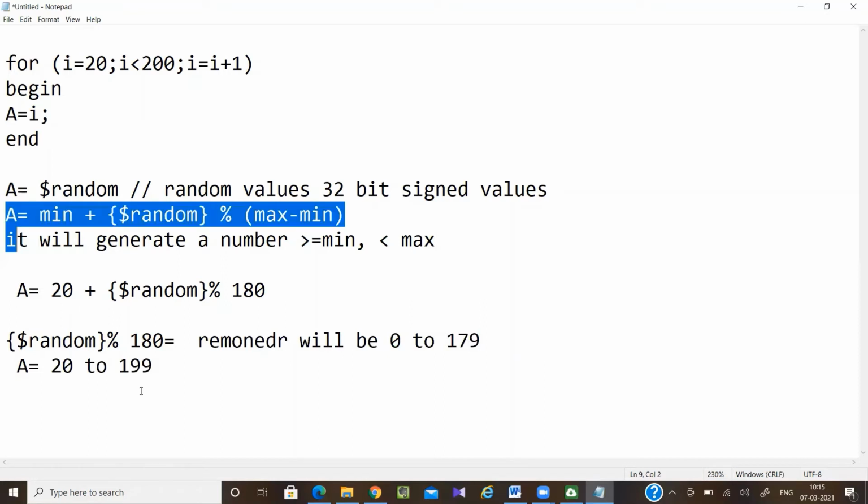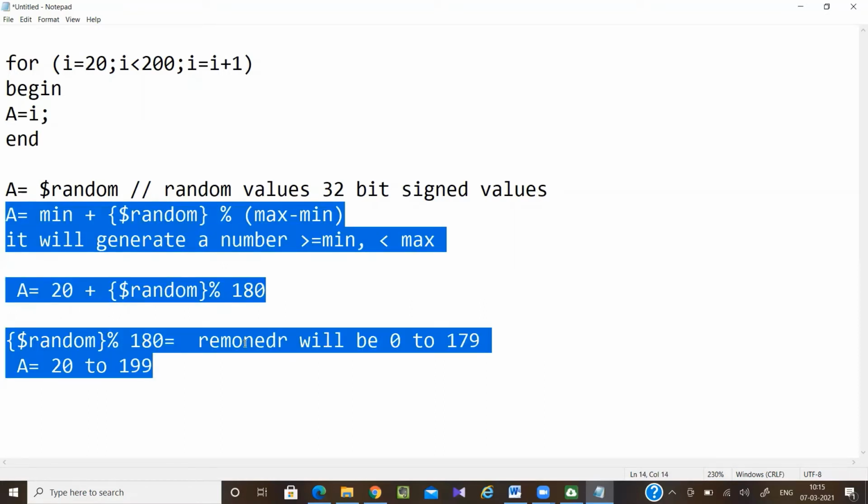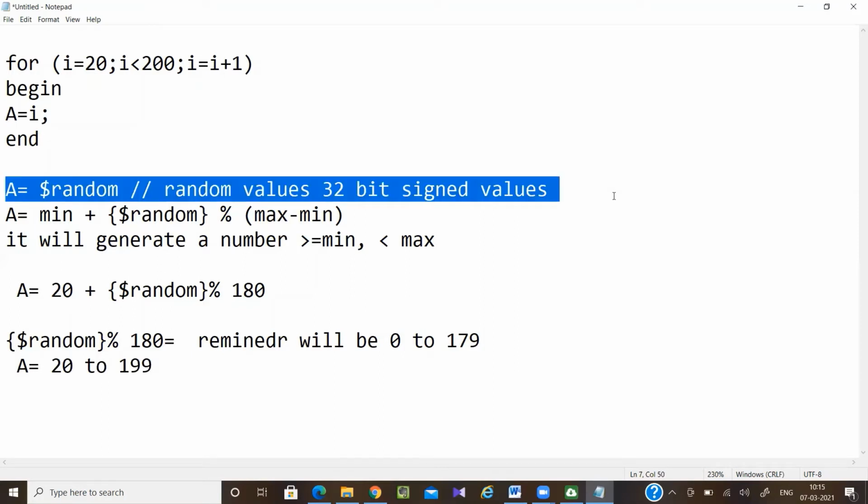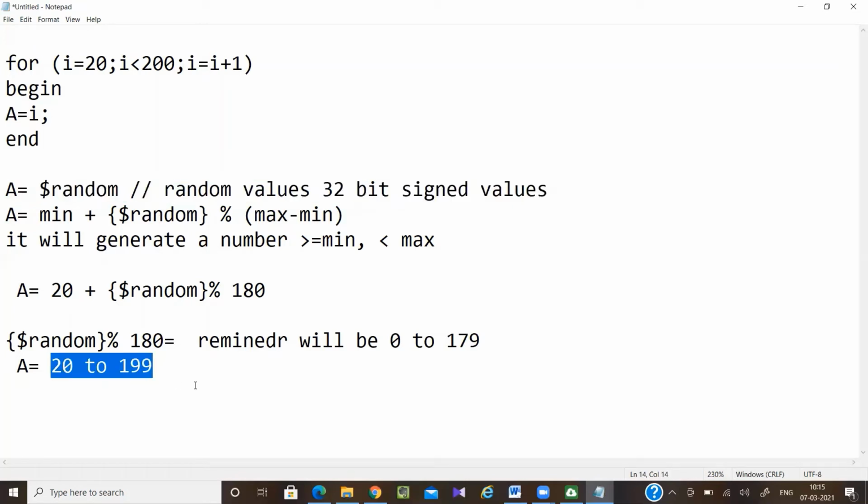So, this formula, all of you understood? Now the question is why I have written $random like this and not simply. Whatever value is generated here may be a negative value. If I do addition with negative values, I may not get this range.